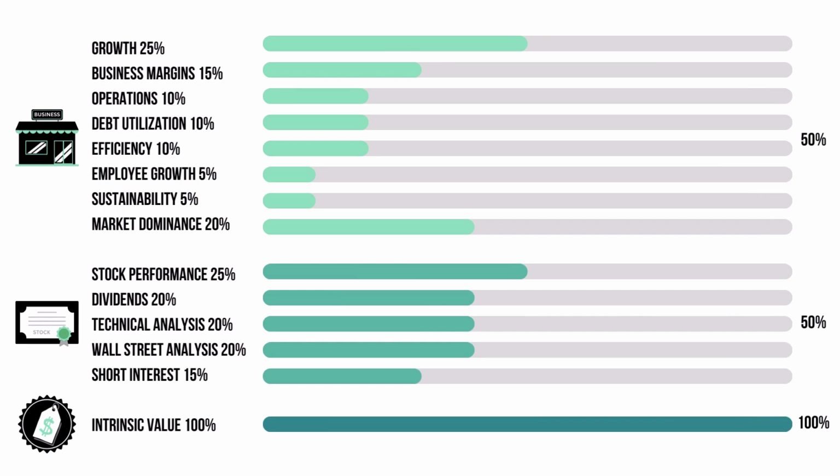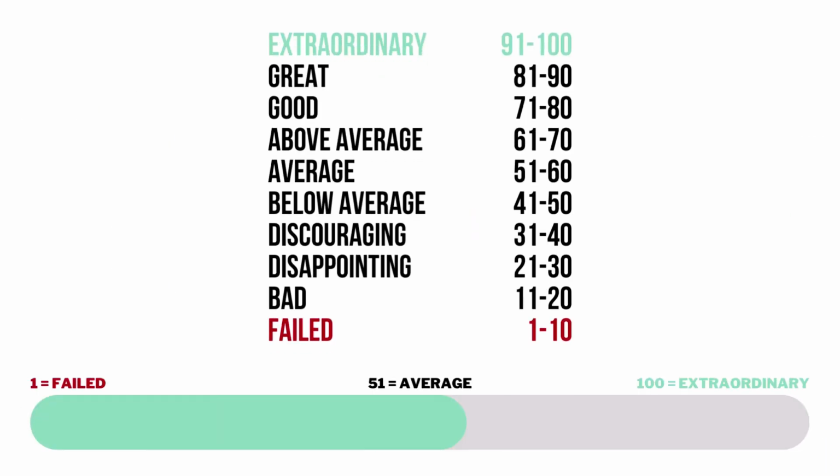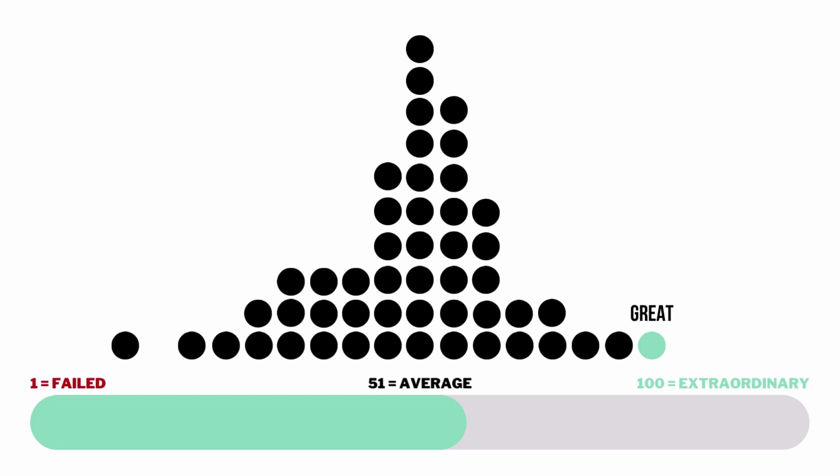Each factor has a set of metrics which delve deeper into each factor. They are also weighted based on importance. Both the factors and metrics are given a grade from 1 at the low end to 100 at the high end, with 51 being considered average. Most companies I'll analyze in this channel will hover around that 51 average, since most companies are indeed average long-term investments. In order to be considered a great long-term investment, a company would need to receive a final grade of